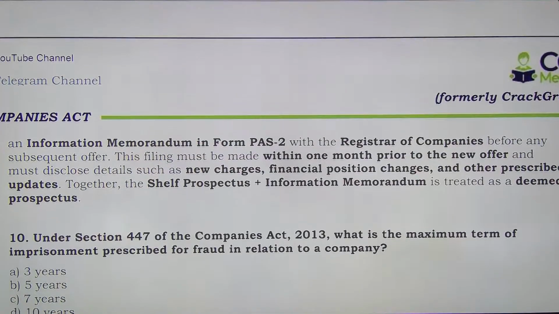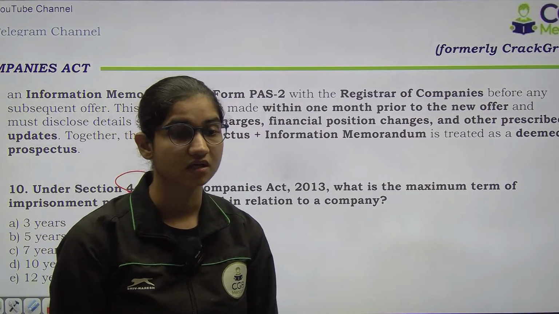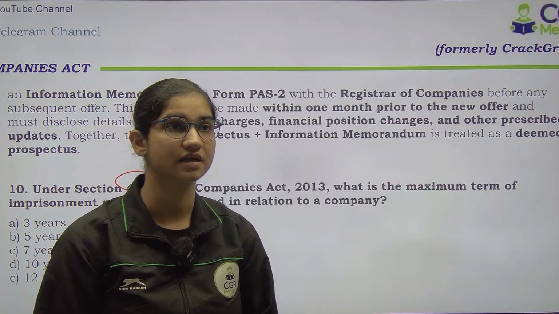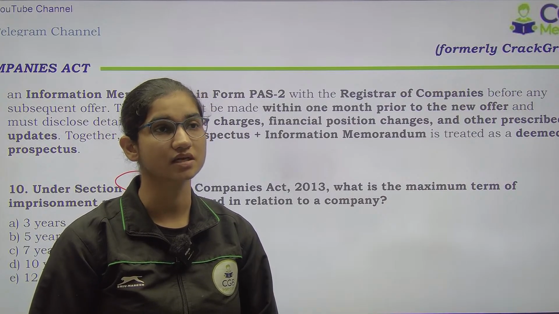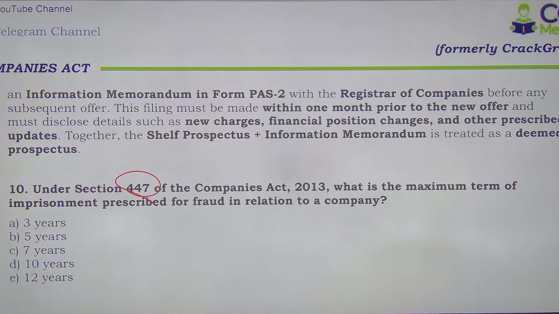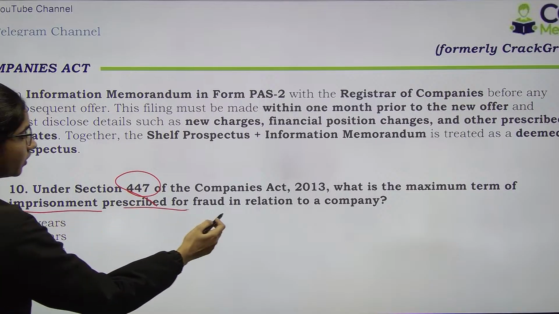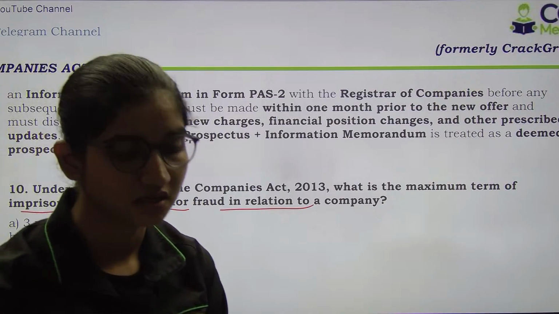Now moving forward to the next question, which is question number 10. Question number 10 is asking you about the section number 447. So there are a lot of sections which are teaching you कि if there is any non-compliance that has been conducted by either the company or any of the officers of the company, ठीक है. So in case of the default, what will happen or what kind of penalties will be imposed on either the company or the officer? So in this particular question, what you have to answer is कि what is the maximum term of imprisonment prescribed for fraud in relation to a company? तो maximum term of the imprisonment क्या होगा? ठीक है. This section is trying to